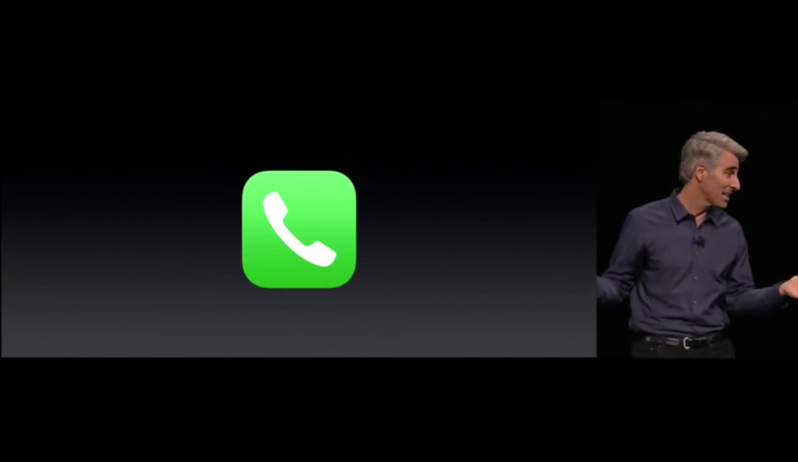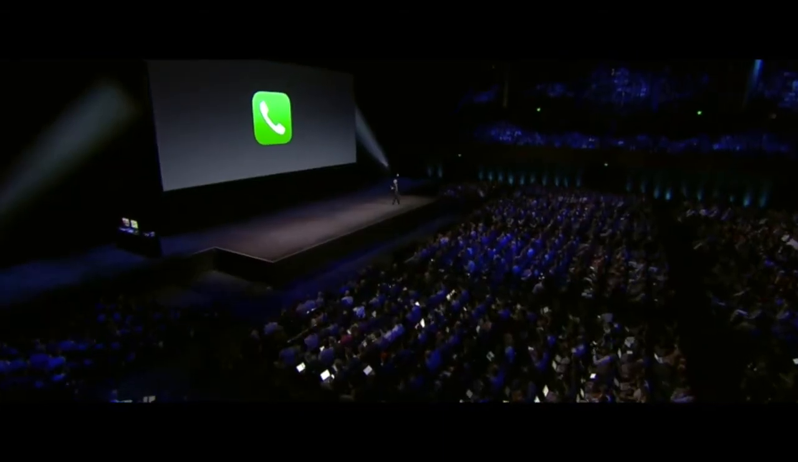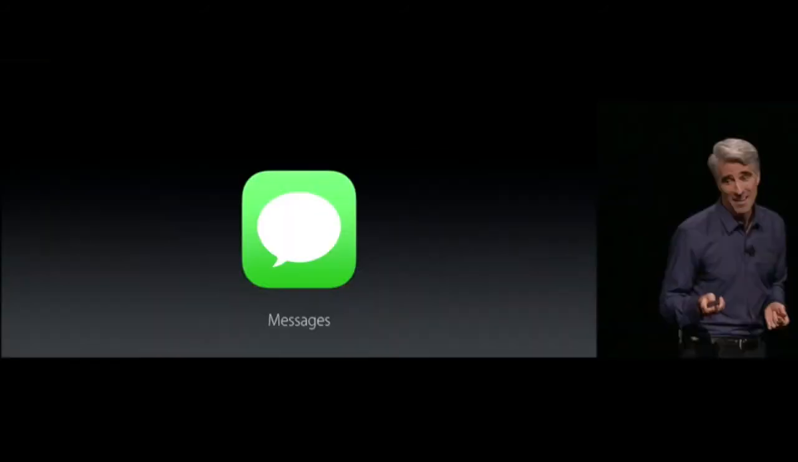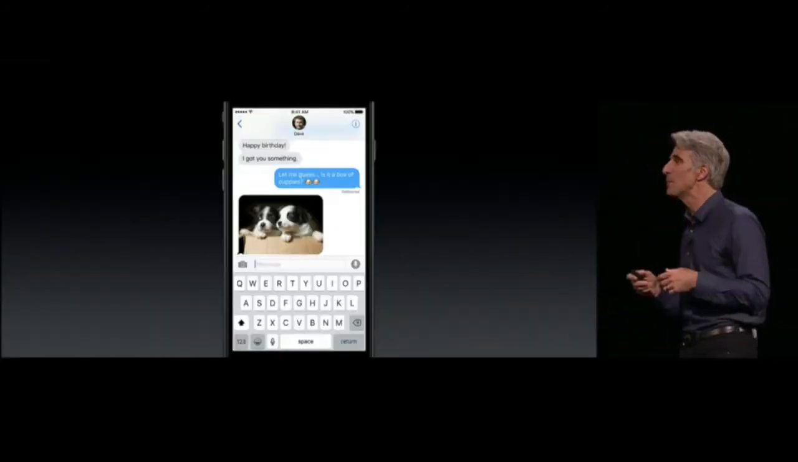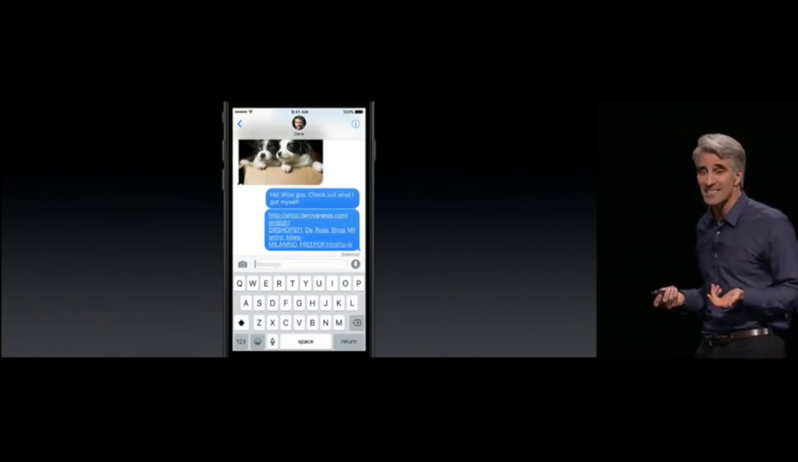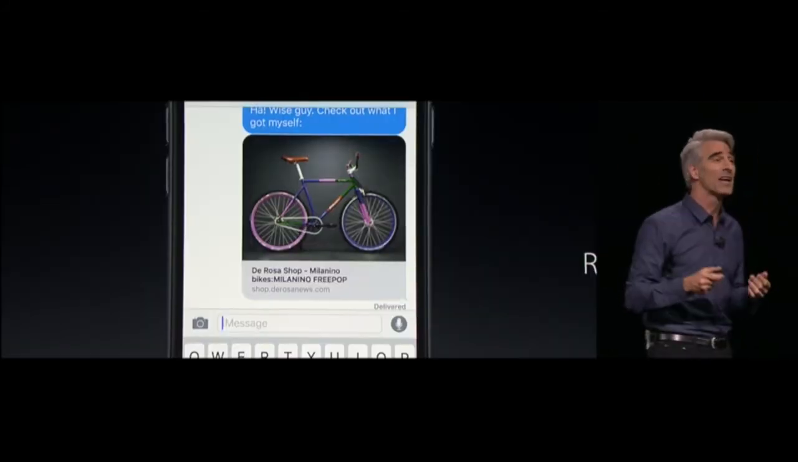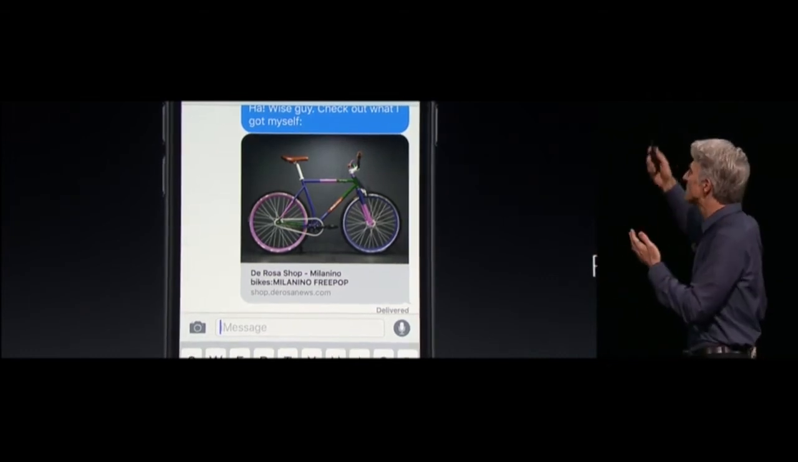Next, number 10, and this one's a doozy. It's Messages. Now, Messages is the most frequently used app on iOS, and people love sharing things with Messages, whether it's photos or links to their favorite websites, but they look like this. Not any longer, because now we have rich links. So when you share links, you get artwork from the website,